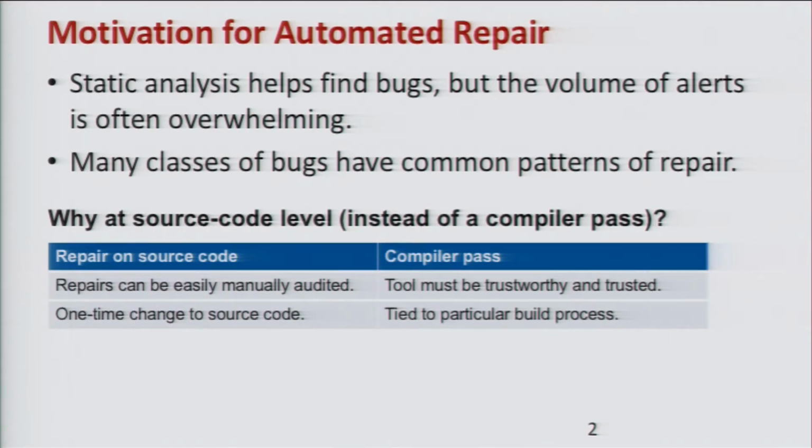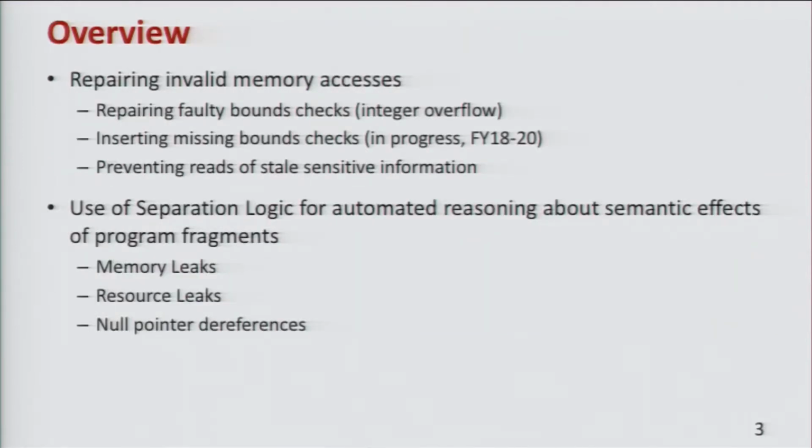Whereas with a compiler pass, you must rely on the tool, you must trust the tool, and you cannot optimize any of the changes that it makes. Additionally, repairing the source code is a one-time change, whereas with a compiler pass, you're tied to that particular build process. In the first half of this talk, I will talk about repairing invalid memory accesses, including repairing bounds checks